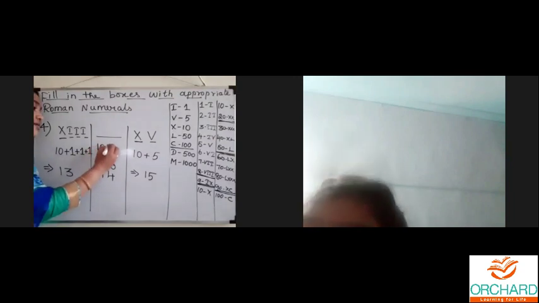Now, here it is in the form of Hindu-Arabic numeral. How can we express this in Roman numeral? We have to write the expanded form for this number. 4 stands in the place of 1. Very good, ma. Super. Answer is right. 1 in the place of 10. So how can we express this? 1 which stands in the place of 10. So 1 ten is 10, plus the next value 4 which stands in the place of 1. So 4 ones are 4.